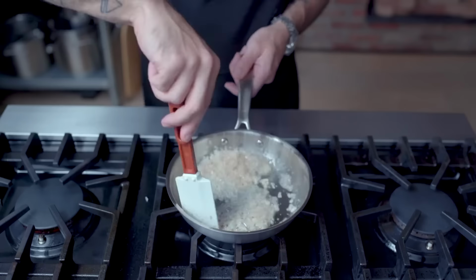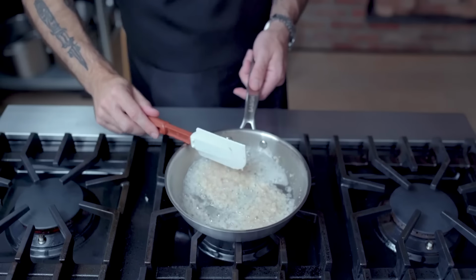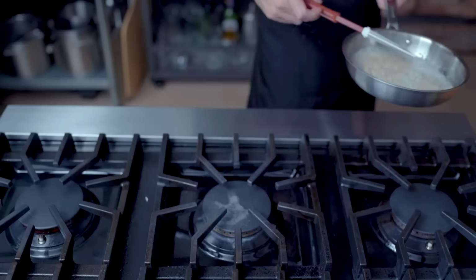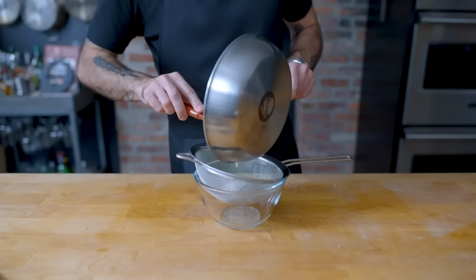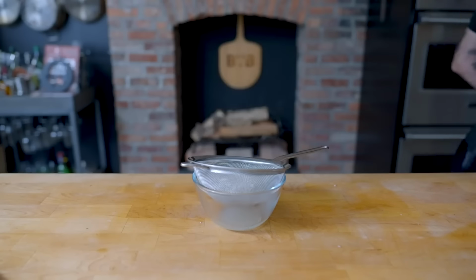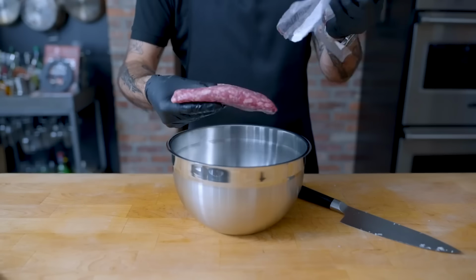Much like with pasta aglio olio, this is going to ensure that the garlic and shallots do not burn, but rather only turn a very light golden brown. I'm going to strain it through a fine mesh sieve, hang on to that garlic and shallot oil for my next salad, and allow to cool completely before building the kofta, which I'm going to make from 1 pound of